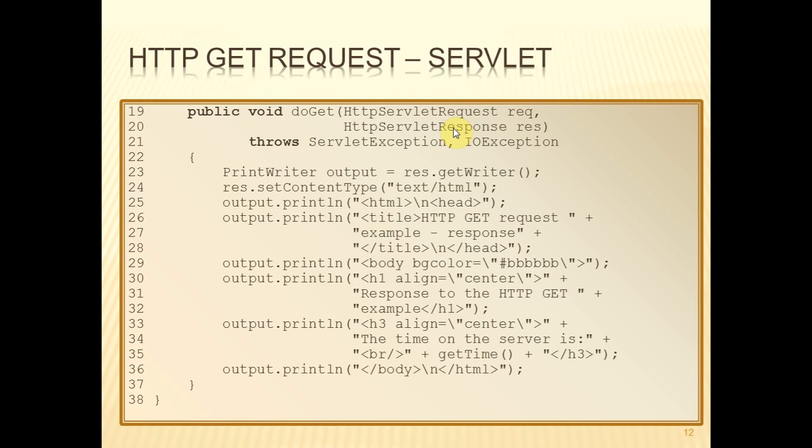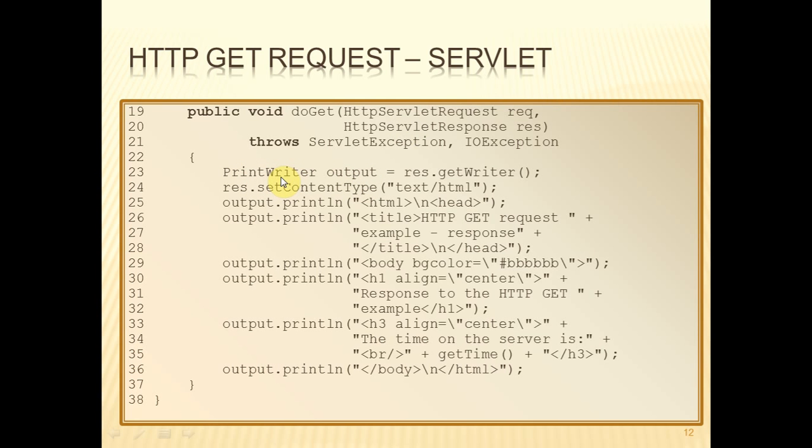Likewise for the response object, and then both the request object and the response object are sent as parameters to this method when it's called. So that by the time we start executing, we have got available all the request information and the response information that we need. So on line 23, for example, we can declare this variable of type PrintWriter, which will allow